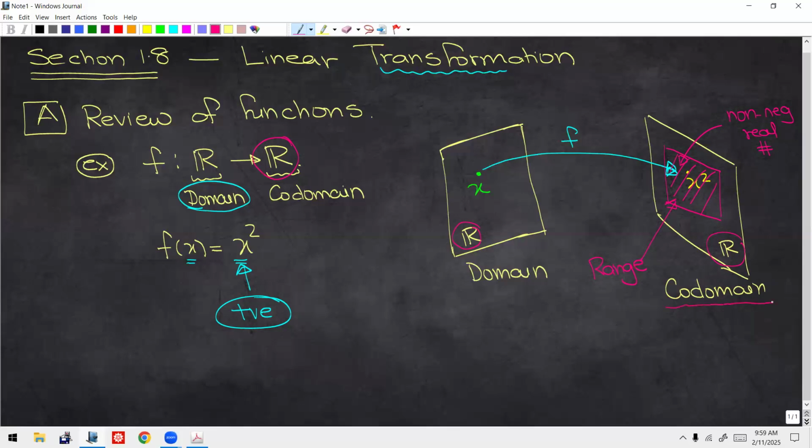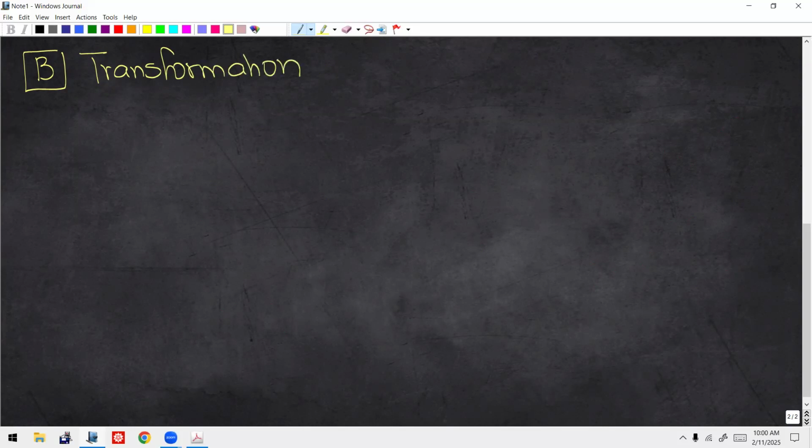Okay. So that's a quick review of functions. Let's go ahead and talk about a transformation, and then we'll talk about linear transformation. Okay. So we'll start by first talking about a transformation. Okay. So here's a definition of a transformation. A transformation, sorry. And I'll put in parentheses, you can think of it as a function,